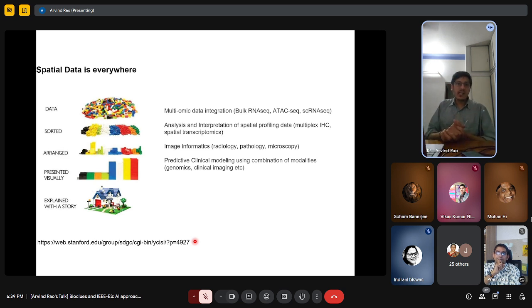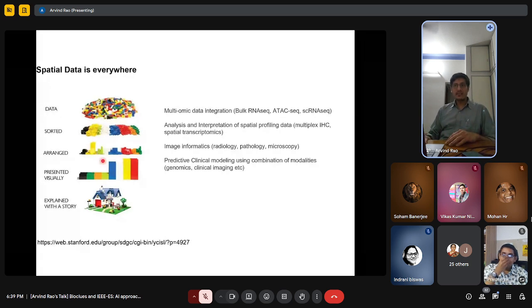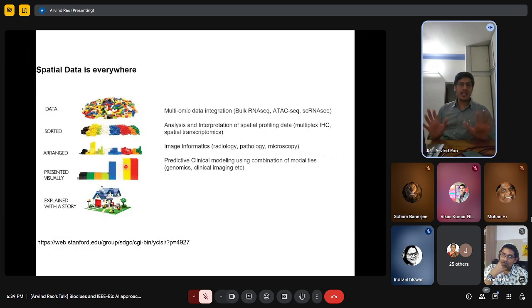So I play a lot with Legos, right? I'm sure several of you have done Legos before. So let's look at this example of a house, built with Legos. If you were doing single cell sequencing or bulk sequencing, you could take this data, get all the Lego bricks, you could sort them, you could arrange them and do all kinds of pretty things. But if you don't know that it was a three-dimensional context, you will always miss the signal, this part of a bigger house. So spatial data is everywhere, and the availability of instruments to acquire that data is also available. The problem is the analysis.